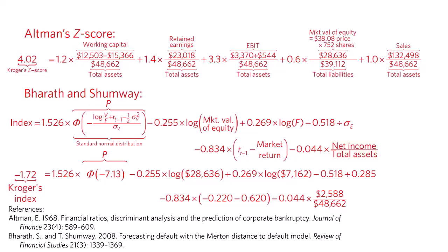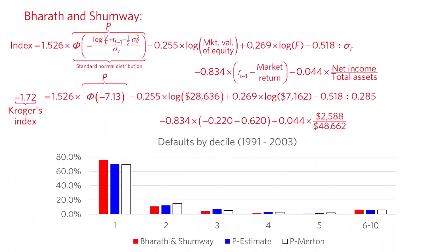Higher levels of the index reflect more risk, so the index increases with the estimated default probability and the estimated debt due within a year. The index also increases with the stock return volatility, which you can see by the fact that the negative coefficient is divided by volatility, so that a higher volatility results in subtracting a smaller number, which gives a higher index. The index decreases with the company's market value, its stock returns in excess of the market, and a return on assets type measure. To put Kroger's number into perspective, this chart shows the out-of-sample results comparing the performance of Bharath and Shumway's index